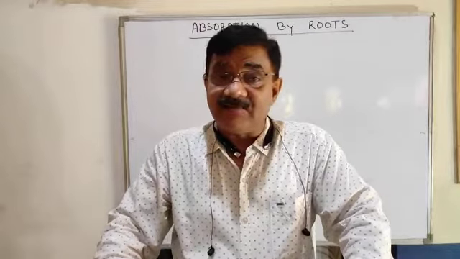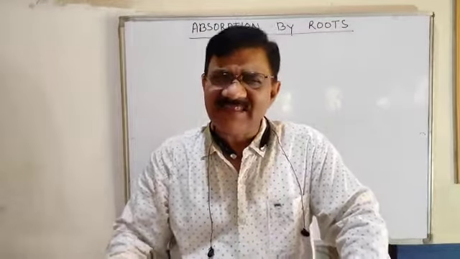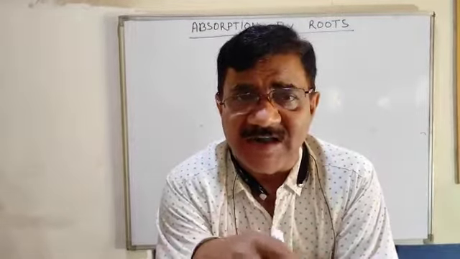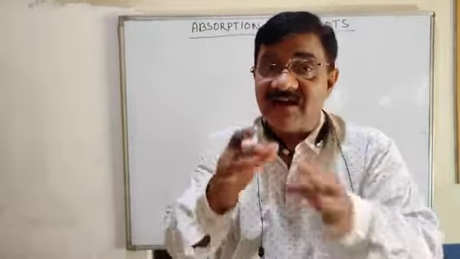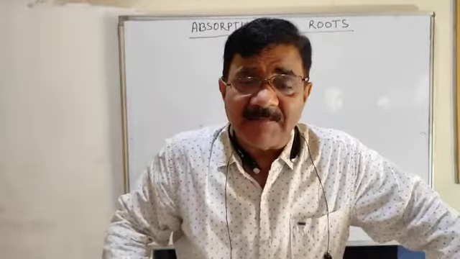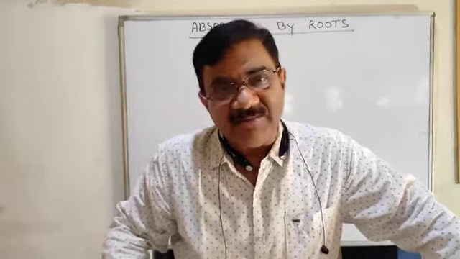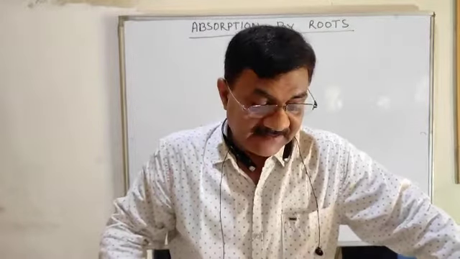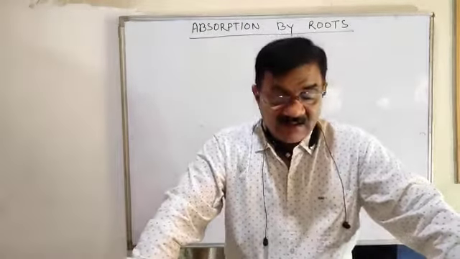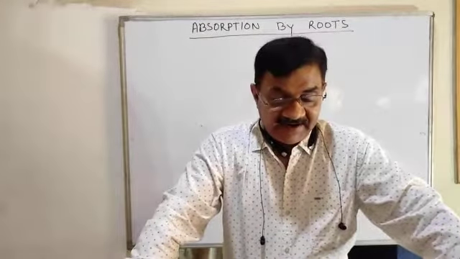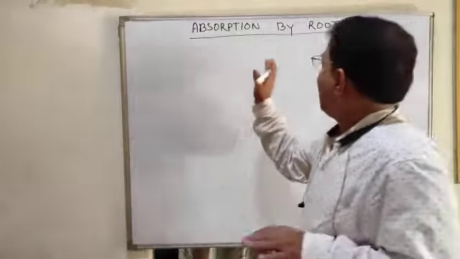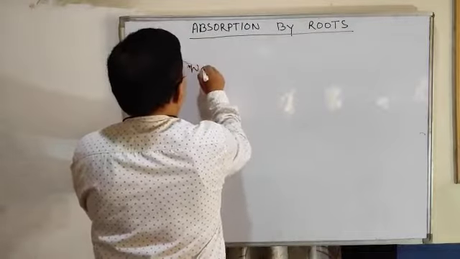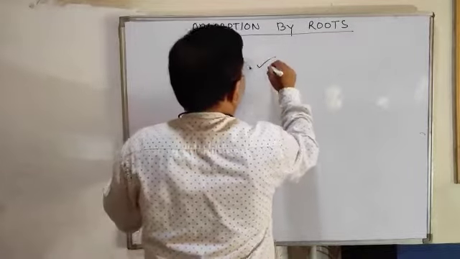Next is mechanical stiffness. How will the plant body part remain tight? Due to the presence of water. If less water is there in the body part, it will not remain stiff or tight. So dear children, for these things the plant needs water, and we have discussed the uses of water.